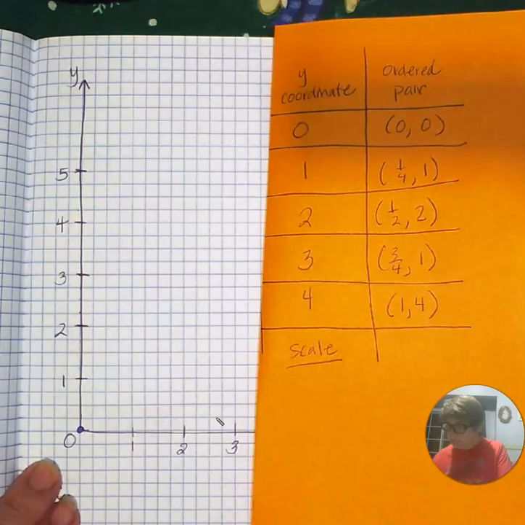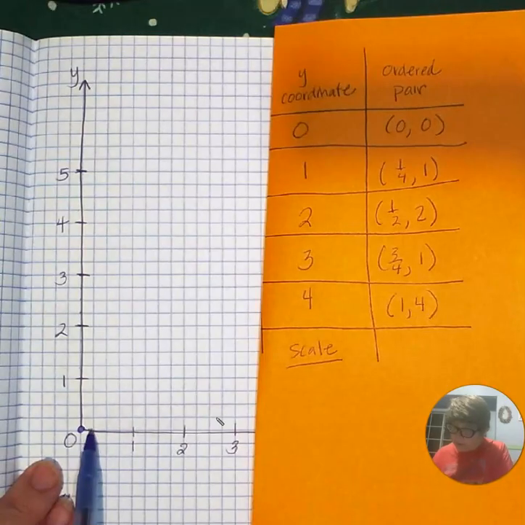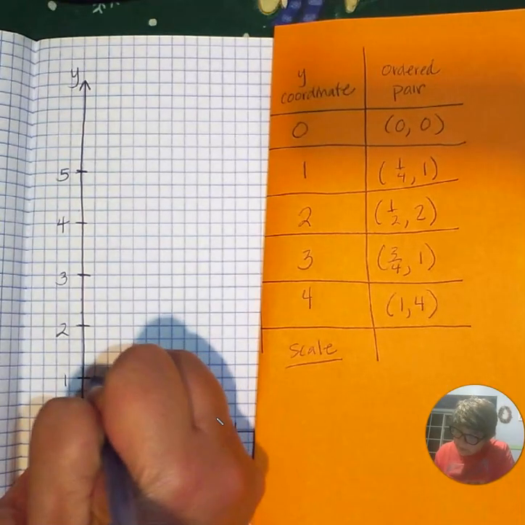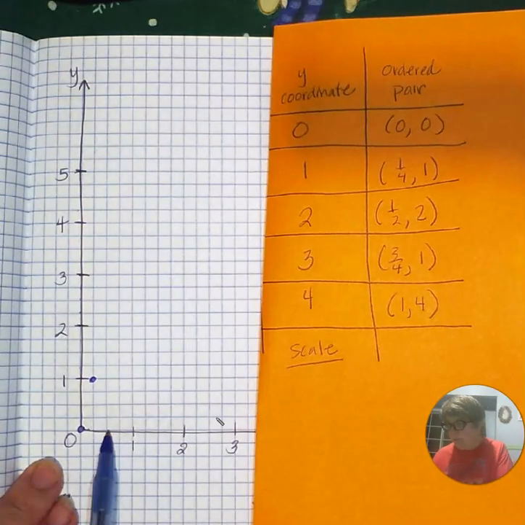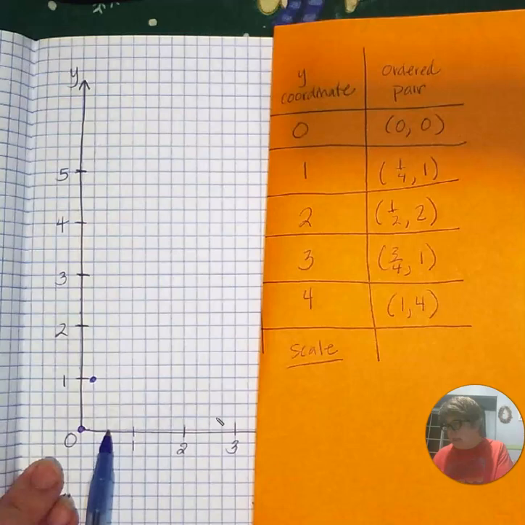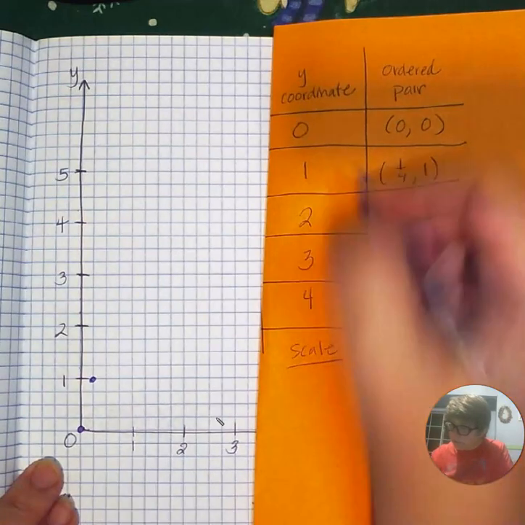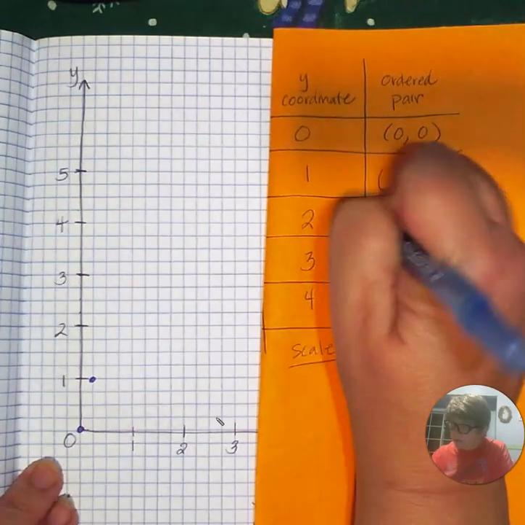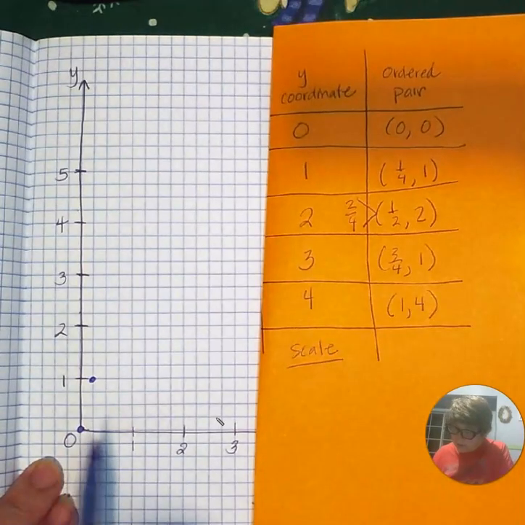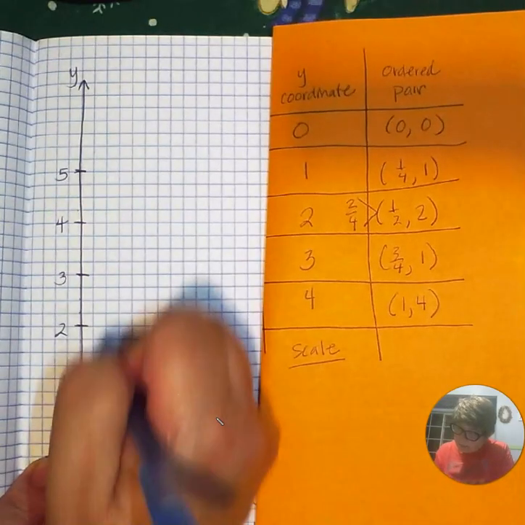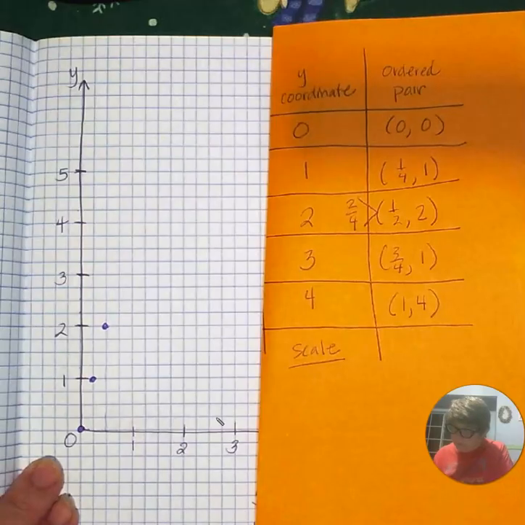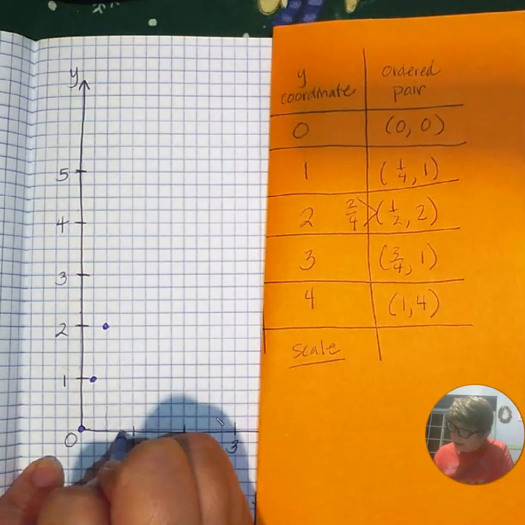So 1/4, 1/4, and 1. So across a 4th and up 1, and then across a half. Oh, 1/2 is the same as 2/4. Okay, yep. Hopefully we remember that from fractions, right? 1/2 is the same as 2/4. Also, you could see it's halfway between your 0 and your 1, and then you're going to go up 2, and then 3/4, and